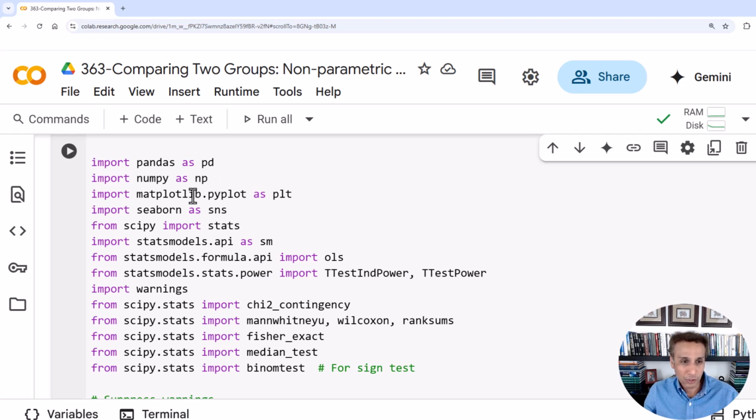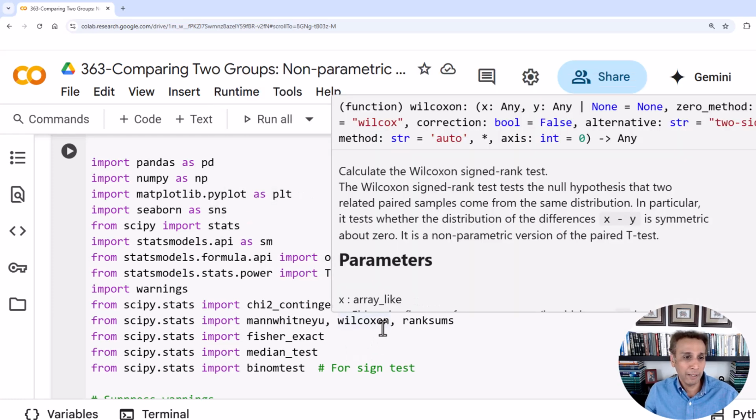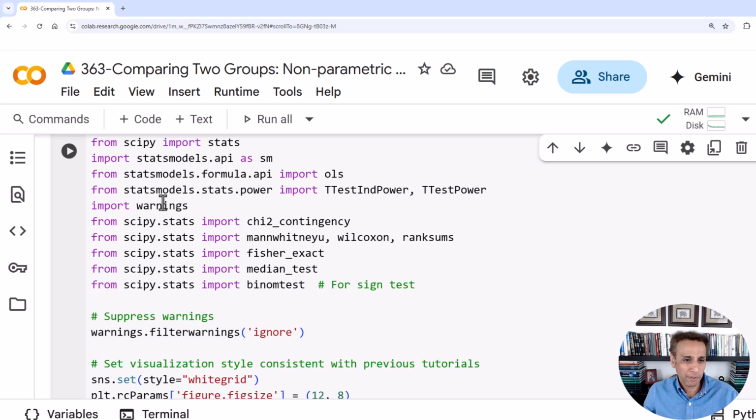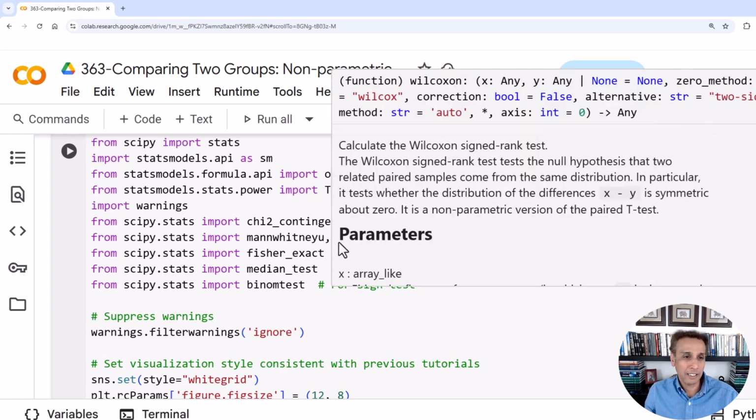For plotting, we are using matplotlib and seaborn, and scipy.stats. Of course, that's the bread and butter for this specific tutorial, right? And statsmodels. We are getting some utility tools from here. We'll see those later. I am going to suppress certain warnings because you may get some warnings, so that's why